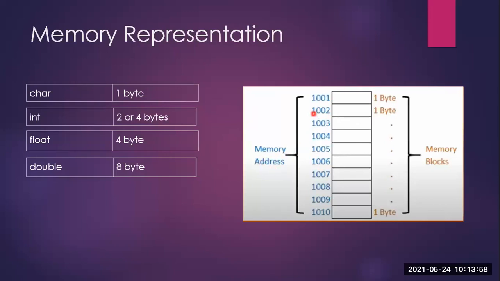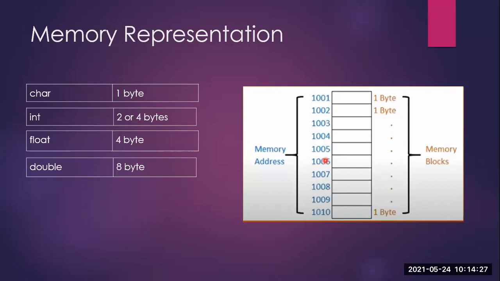So what are these memory addresses? These memory addresses will help us to understand where we have stored our variable, at what location in the computer, just like the normal addresses which tell us where the location is. So here also in the computer's memory, these are the memory addresses that are going to help us to fetch our values. Now, these memory addresses usually exist in terms of hexadecimal numbers.